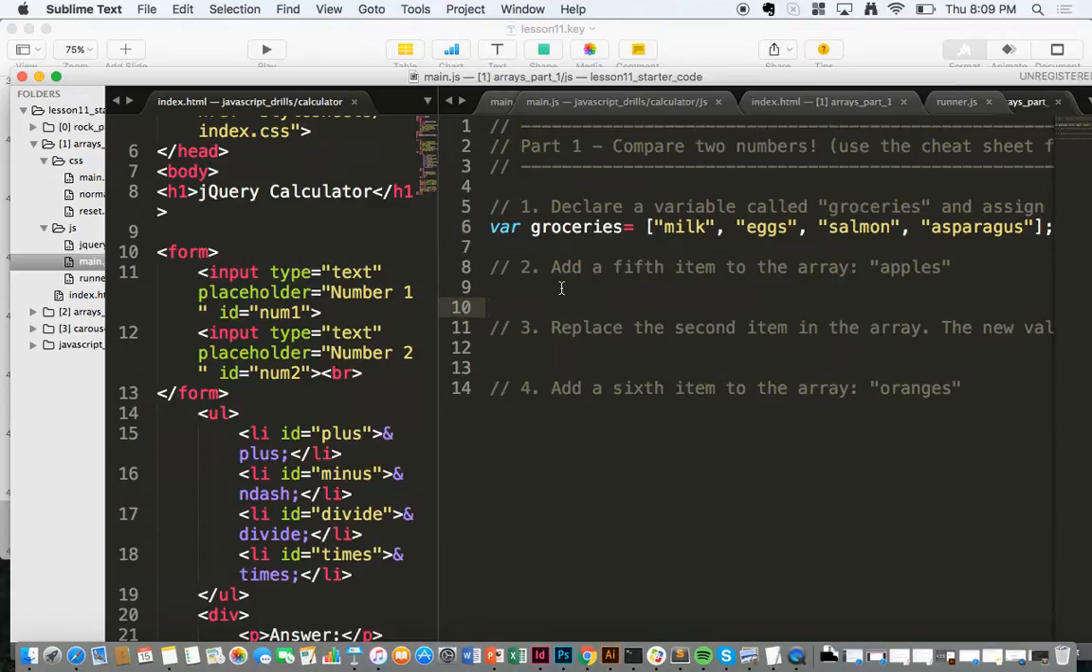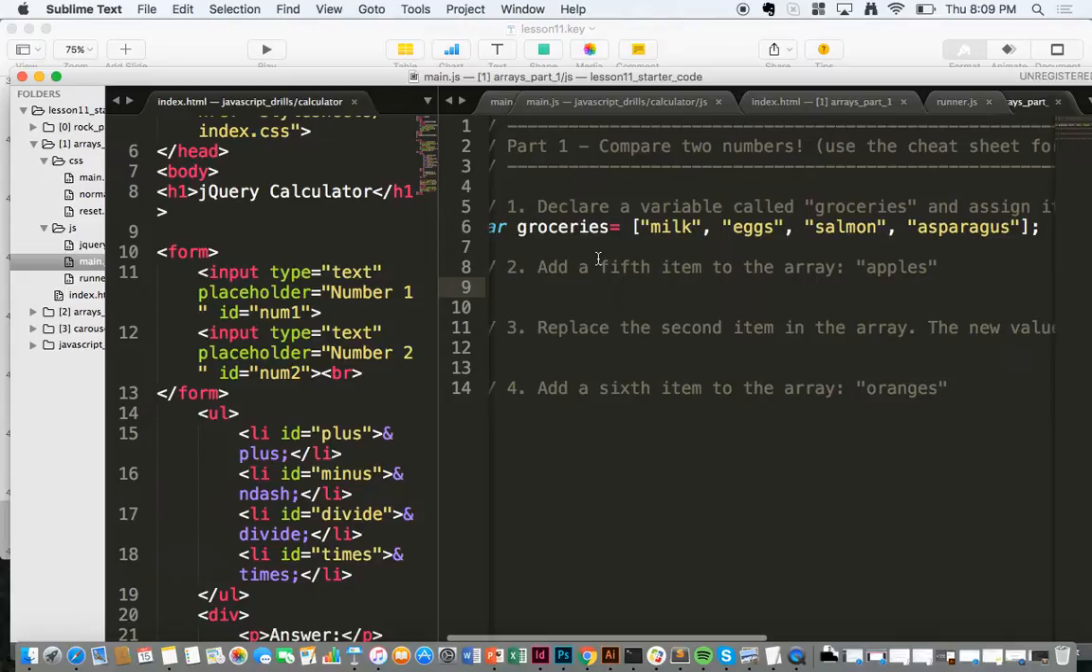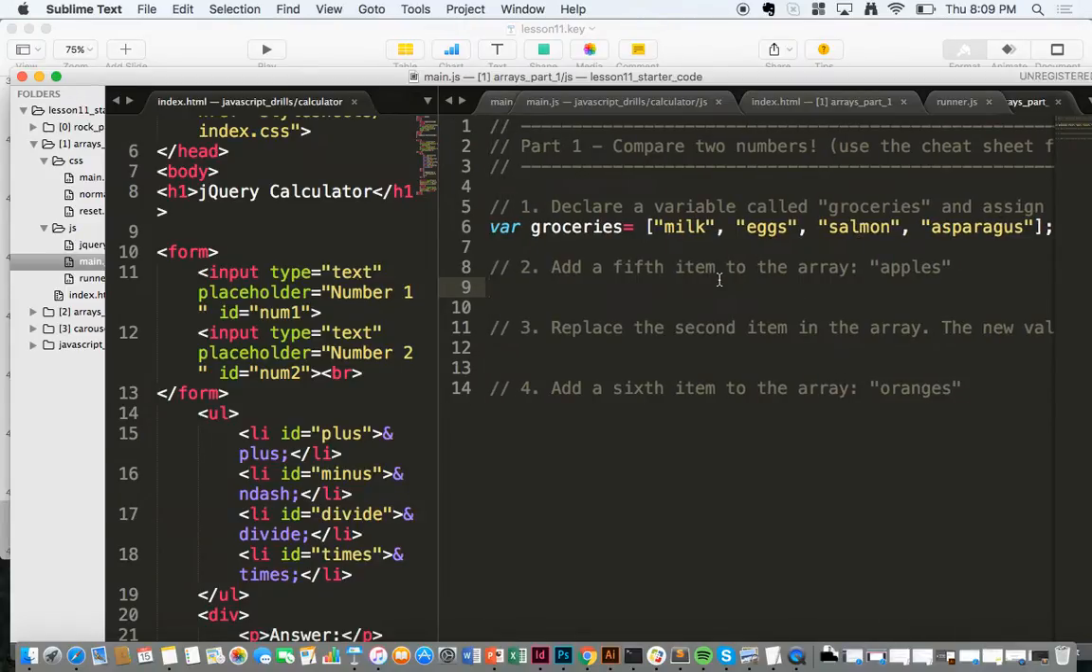So I'm going to add a fifth item to my array. So how would I do that? 1, 2, 3, 4. So my array, yeah, so it could be the fourth position. So bar in brackets 4